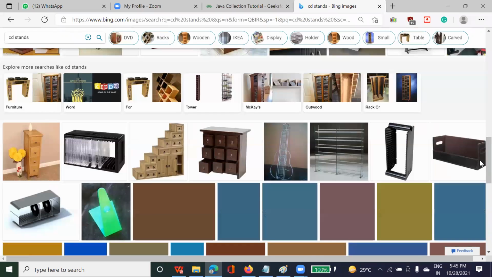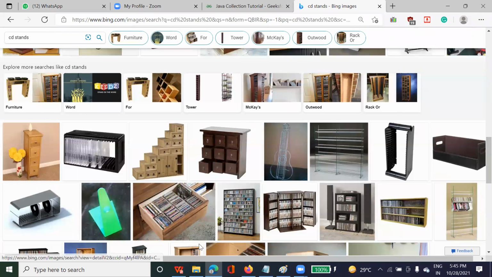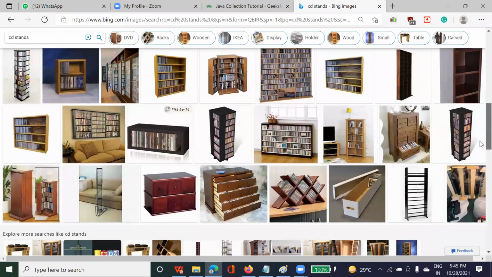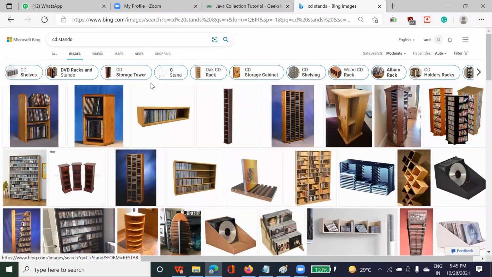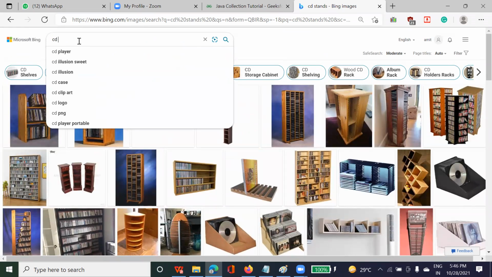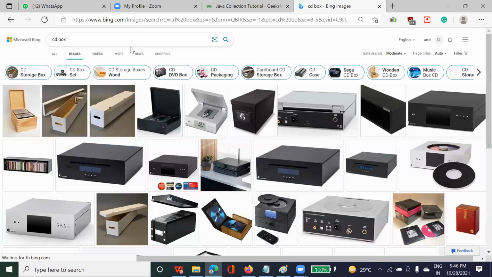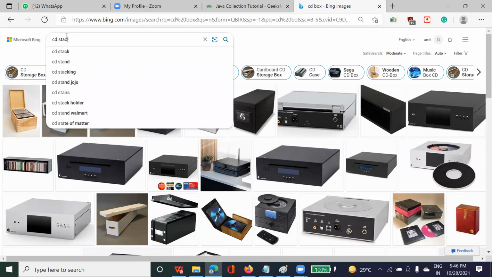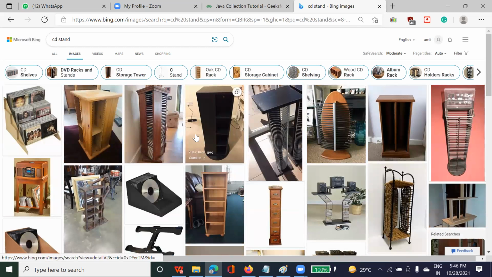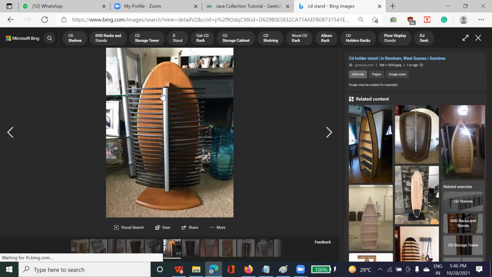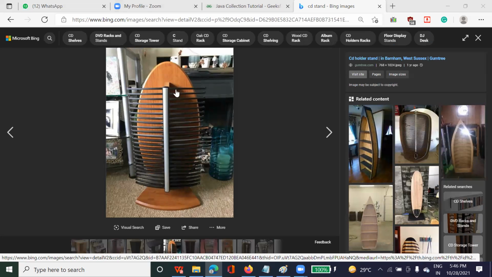Not exactly in this way, it is something like this.